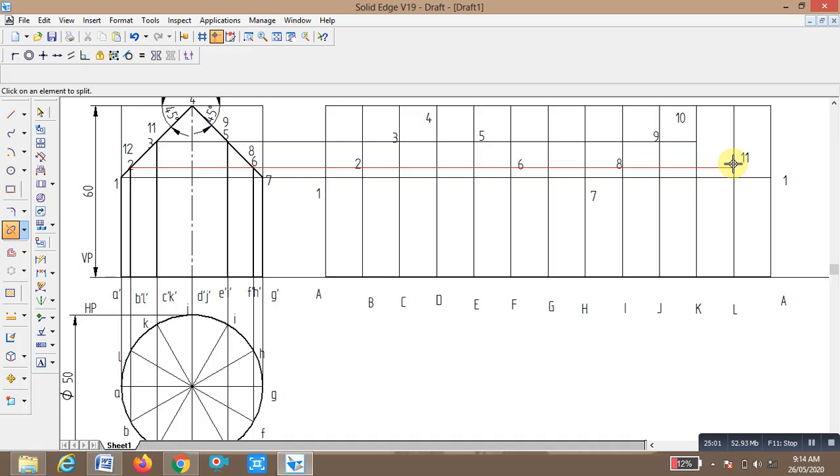Sorry, this point is 7. I made a mistake. Just once again you do the numbering, this is point 7 here.